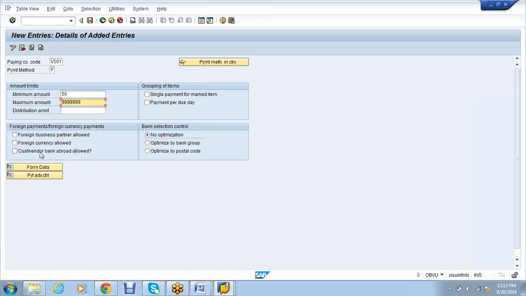business partner allowed, foreign currency allowed, customer, vendor, bank allowed. Okay. Foreign business partner allowed. That means if any of the vendors who are abroad, can I use this payment method for the payment? If I want to use it, select yes. Foreign currency payment I want to allow, select yes. Now, the vendor is in India, I'm paying in INR currency, but the vendor bank is in Bangladesh. Shall I allow? If you want,